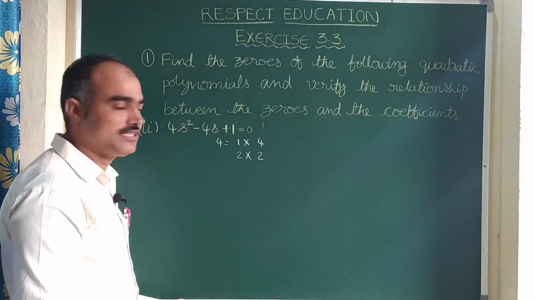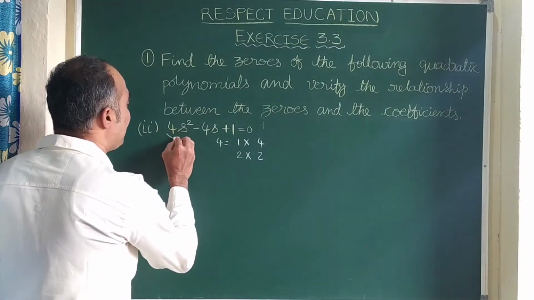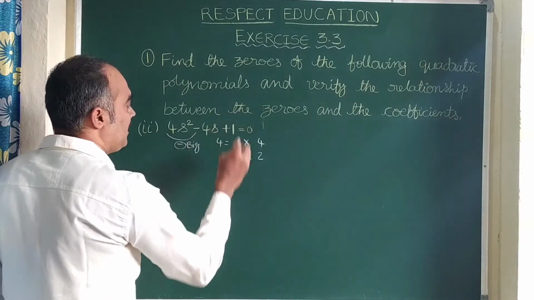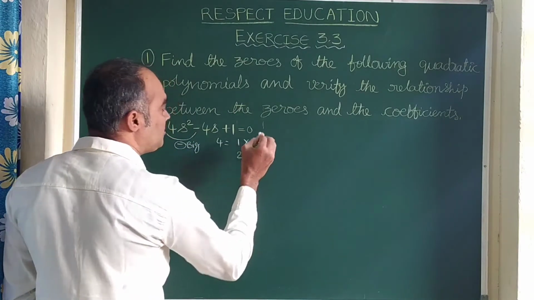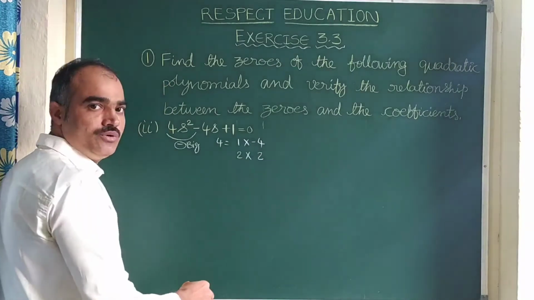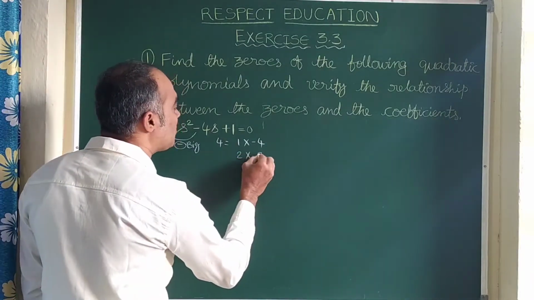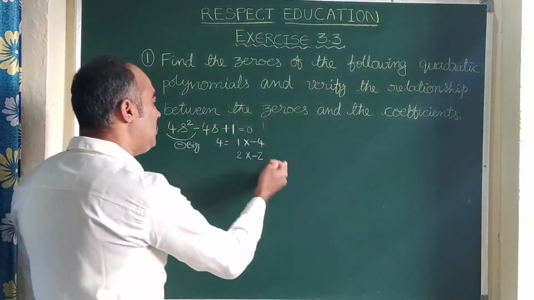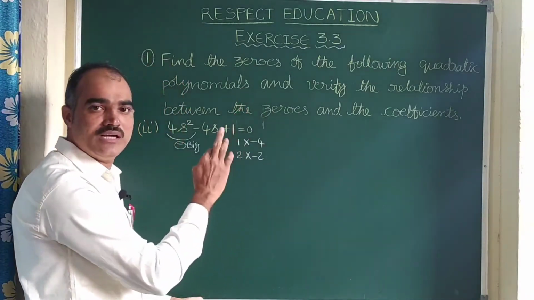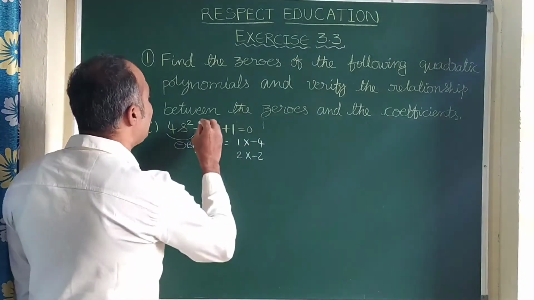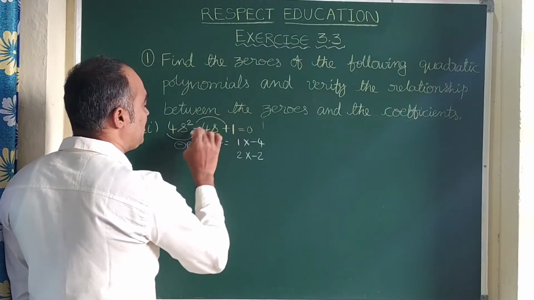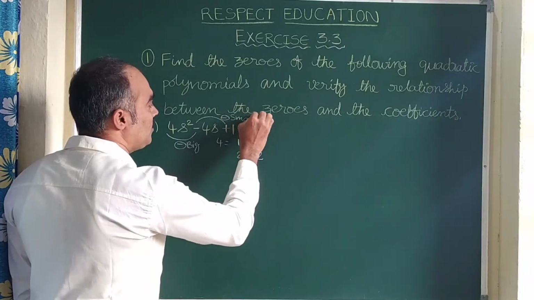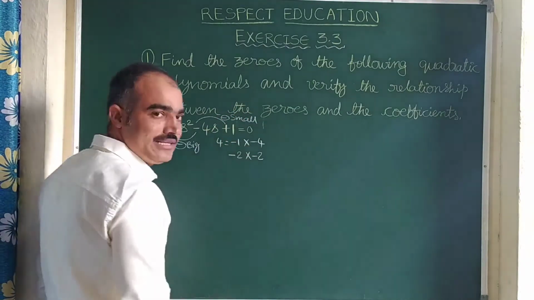Now let us give the symbols. Plus into minus, this is minus. Minus is given for the bigger value. Right, here in 1 and 4, 4 is bigger. In 2 and 2, you can give any one as bigger, no problem. Any one can be given the negative value, because in 2 and 2 you can select any one as bigger, any one as smaller, no problem. So here minus 1 into plus means minus into plus is minus. Minus is for smaller. So here this is minus, this is minus.